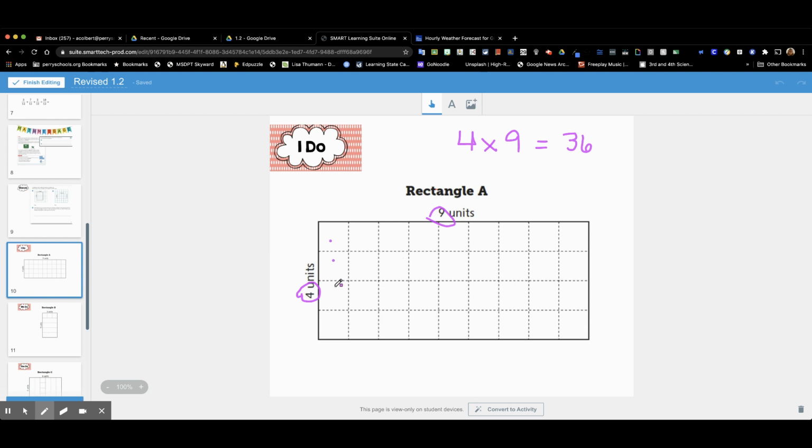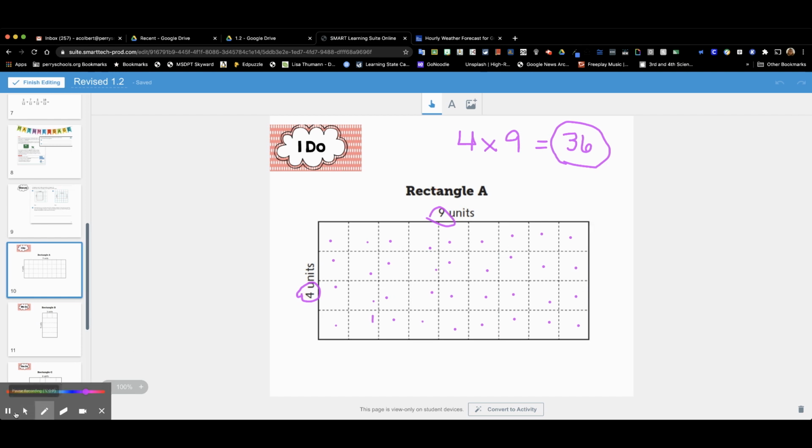So I'm going to predict that this is going to be 36 square units. And I can go 1, 2, 3, 4, 5, 6, 7, 8, 9, 10, 11, 12, 13, 14, 15, 16, 17, 18, 19, 20, 21, 22, 23, 24, 25, 26, 27, 28, 29, 30, 31, 32, 33, 34, 35, and 36. So was I correct? Yes. So I'm hoping you're starting to see a pattern here, or being reminded of a formula maybe for finding